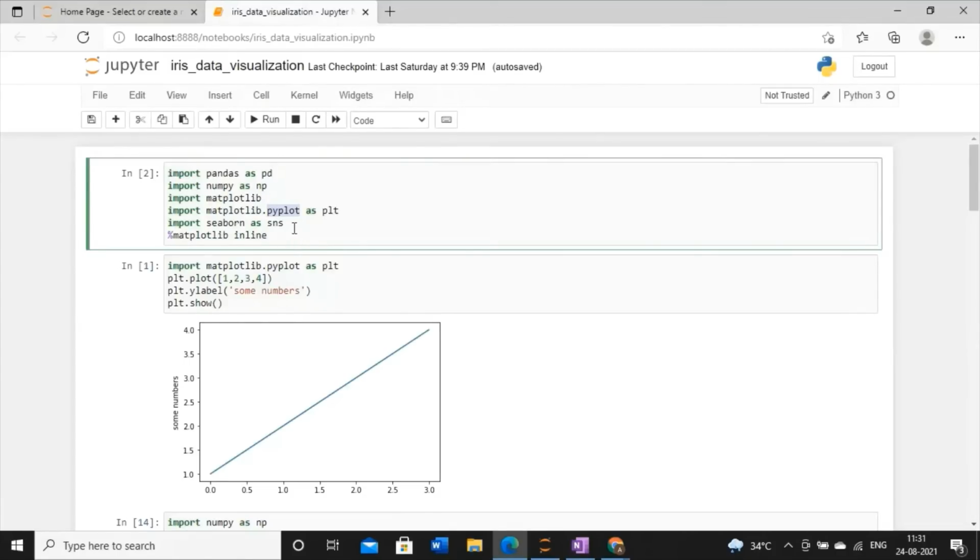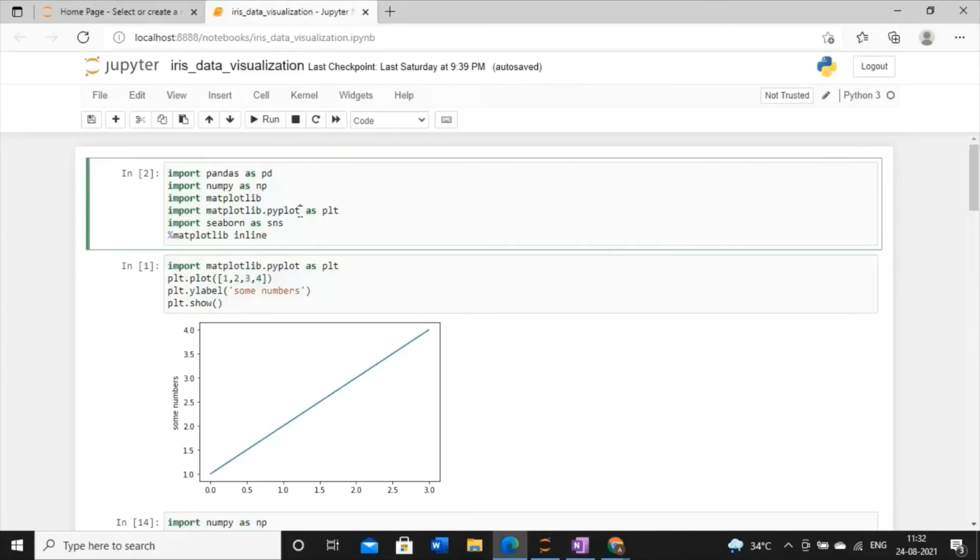And what do you mean by label? Say I'm going to plot two lines, say one is red and another one is blue. Now I have to define what the red line means and what the blue line means. So we will write this command in terms of a label in the plot. Pyplot is responsible for this kind of implementation.